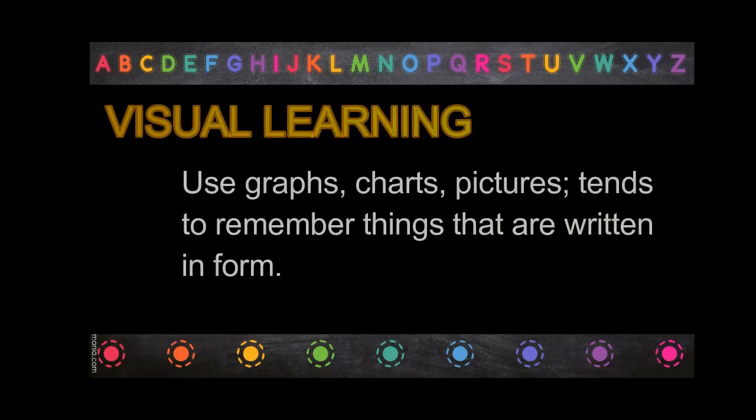So let's go forward. So right now we will discuss visual learning. Visual learners can utilize graphs, charts, maps, diagrams, and other forms of visual stimulation to effectively interpret information. And you know what, class? Visual learning also helps students to develop visual thinking, which is a learning style whereby learners come to understand and retain information better by associating ideas, words, and concepts with images.